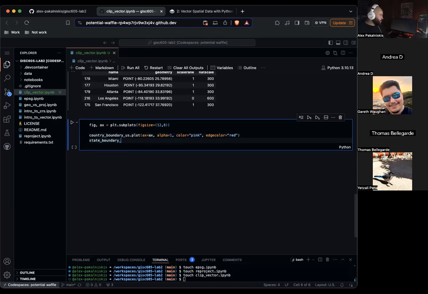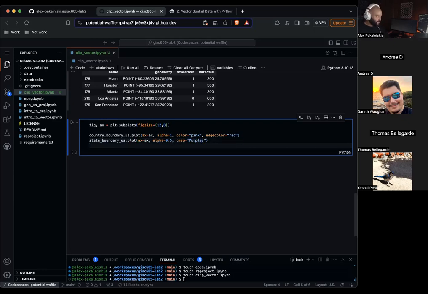State boundary US dot plot, ax equals ax, alpha equals 0.5, cmap equals Purples. Points clip dot plot, ax equals ax, column equals name.